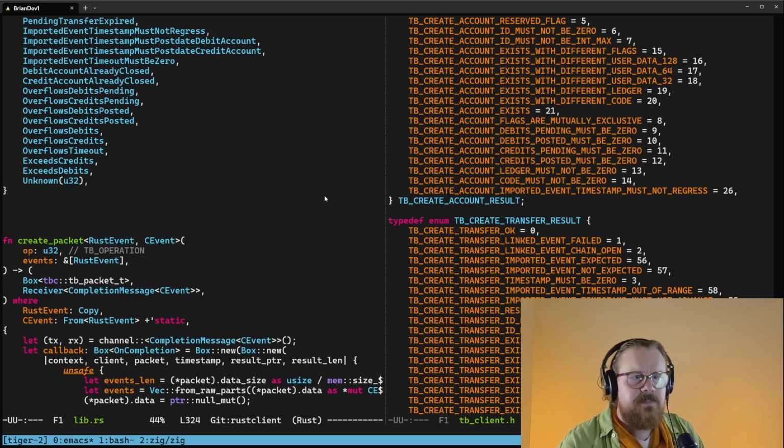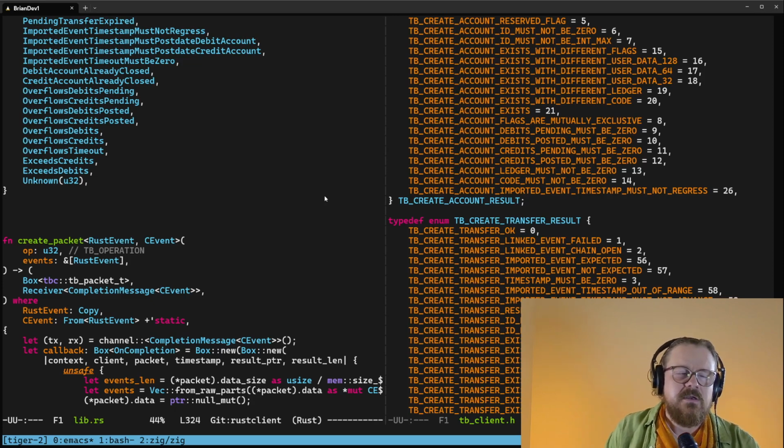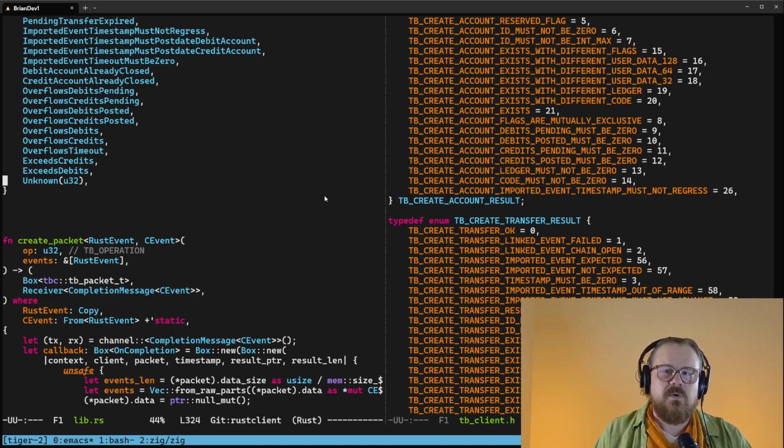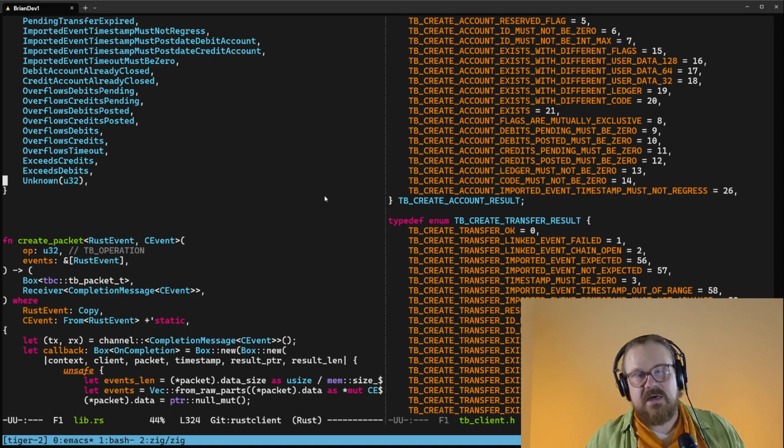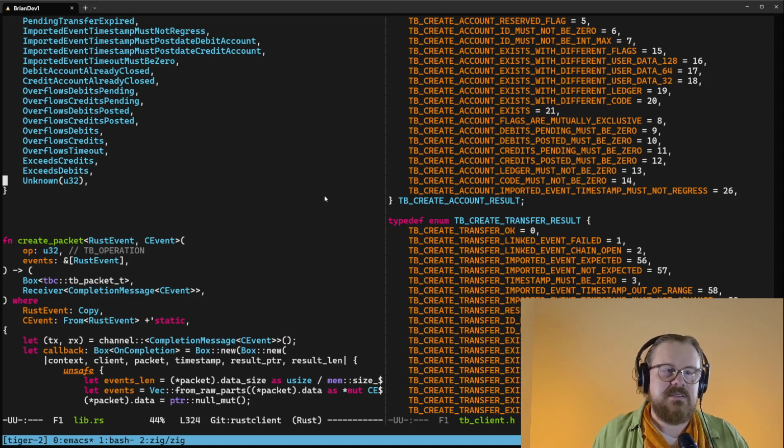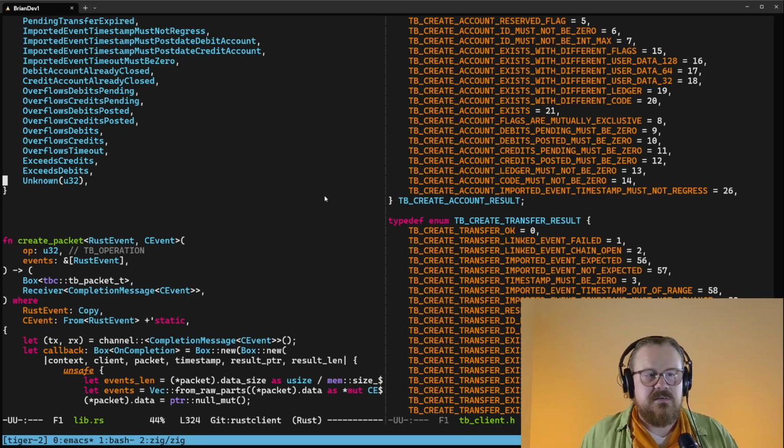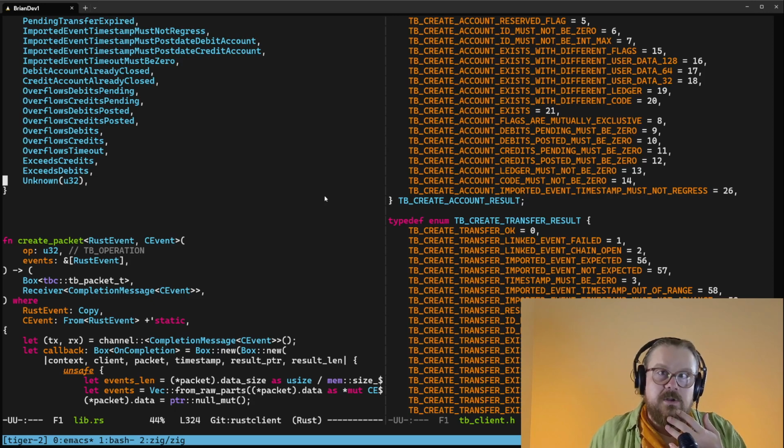Tiger Beetle is a financial database written in Zig, very high performance, and it has clients for Python, Java, Go, JavaScript, and I'm working on the client for Rust. This Rust client is actually bindings to a Zig library called tbclient that exposes a CFFI. So we're creating an idiomatic Rust API on top of the CFFI to talk to the Zig database, the Tiger Beetle database. We've been working on this for maybe 2 months now on stream, doing the whole thing on